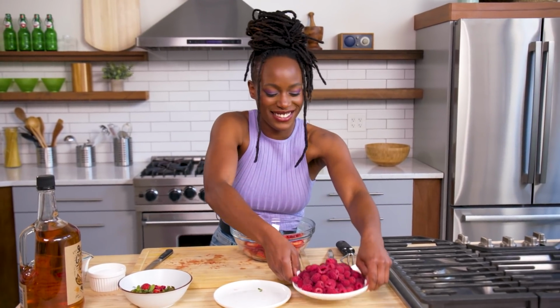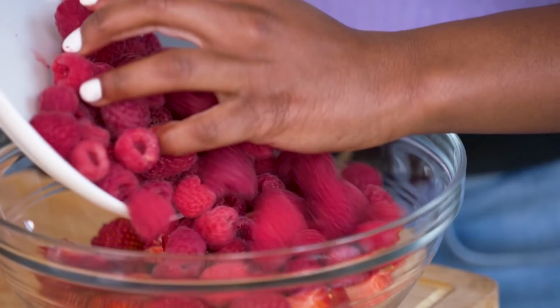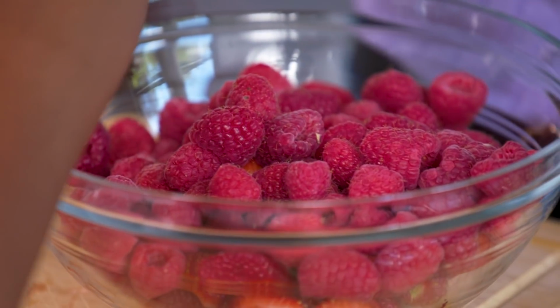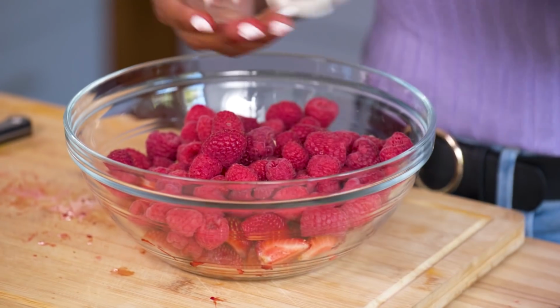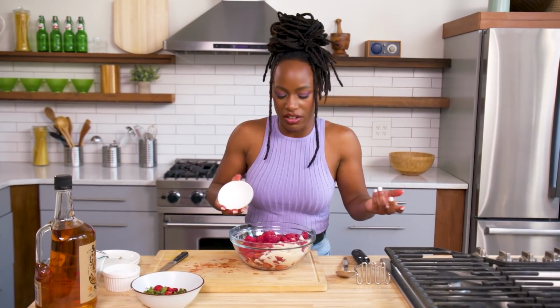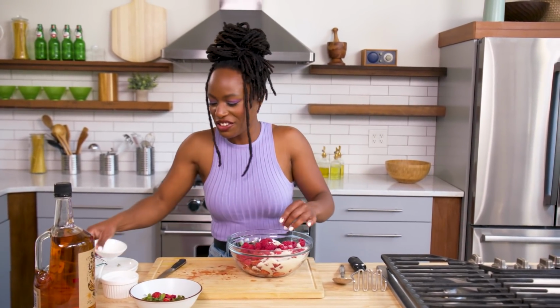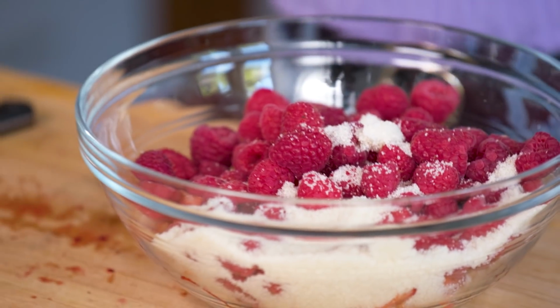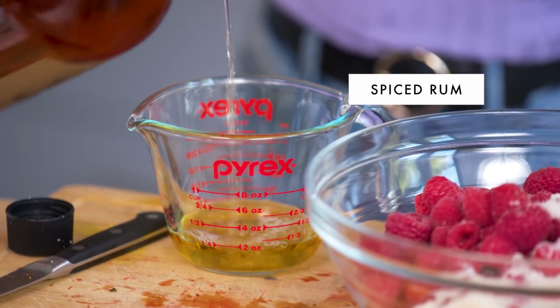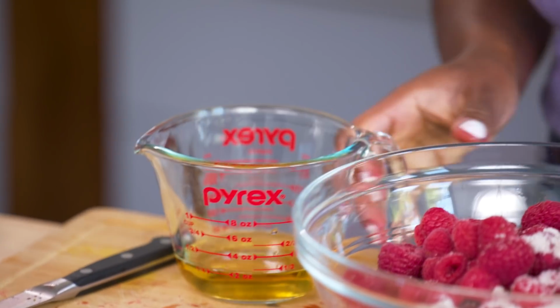Now that I've made a mess, I'm gonna continue to make a mess. We're gonna add our raspberries to this mix. This will make like 500,000 sundaes, if we're being honest. The more the merrier, right? I'm just taking a 1/3 cup of sugar. That didn't work out how I planned, but you know, that's fine. We're gonna mix it all up together anyways. We're gonna do a pinch of salt and 1/4 cup of rum to really get these berries going and those